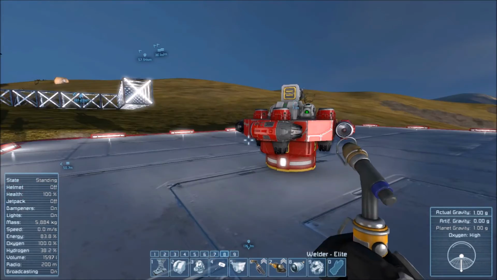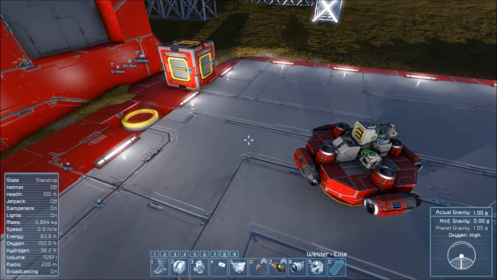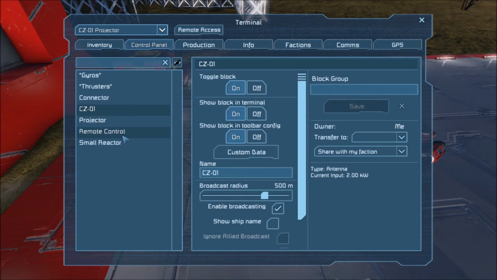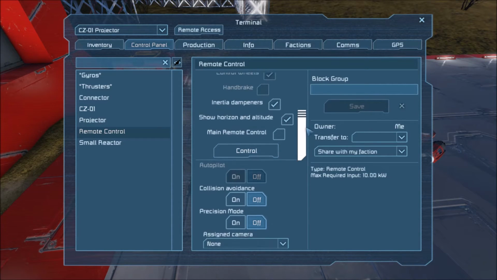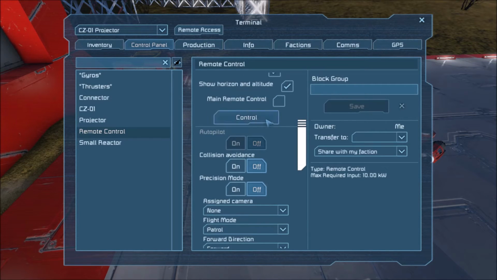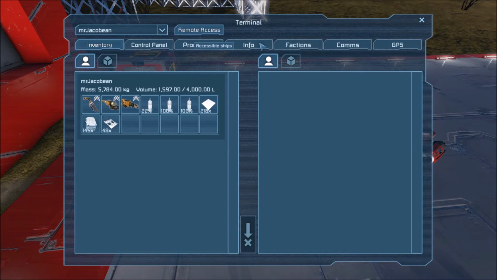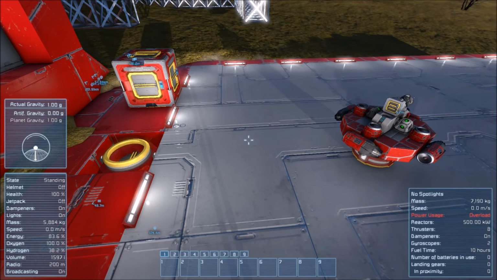Yes, good. Okay, so now we have the fun thing of piloting, which is going to be hilarious. Right, get the projector, get the remote control, and do we want to disable control wheels? Flight mode? No. I don't want to mess with that. Okay, right. So remote access, and then we want to take control of this guy, which means